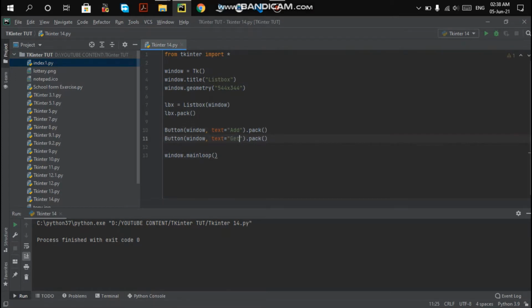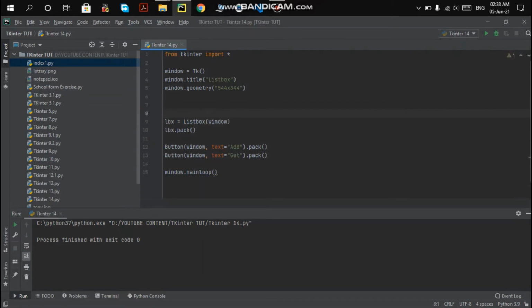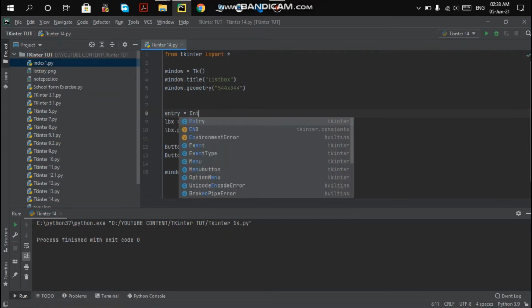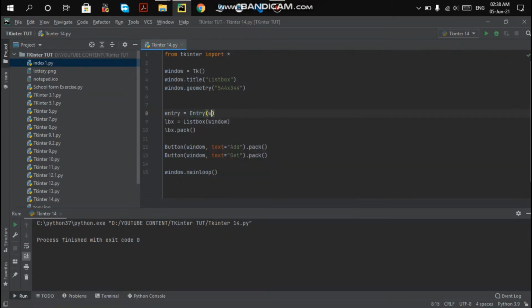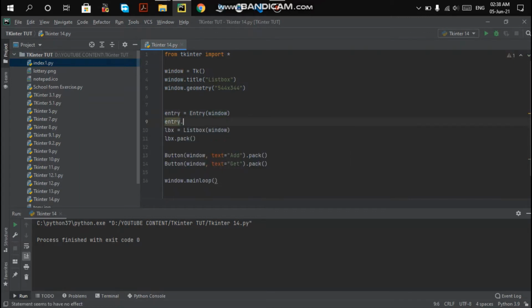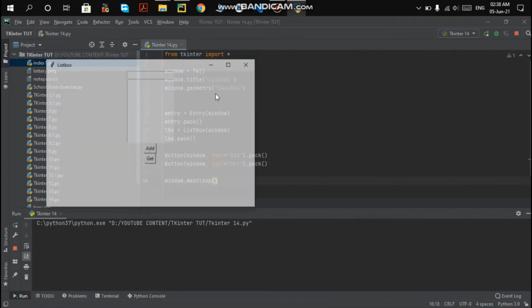This is the Get button, because what we are going to do is, just as I made an entry box over your list box, the entry is equal to Entry box. Okay, and into the window, just write entry.pack, just as I am doing, in your code.